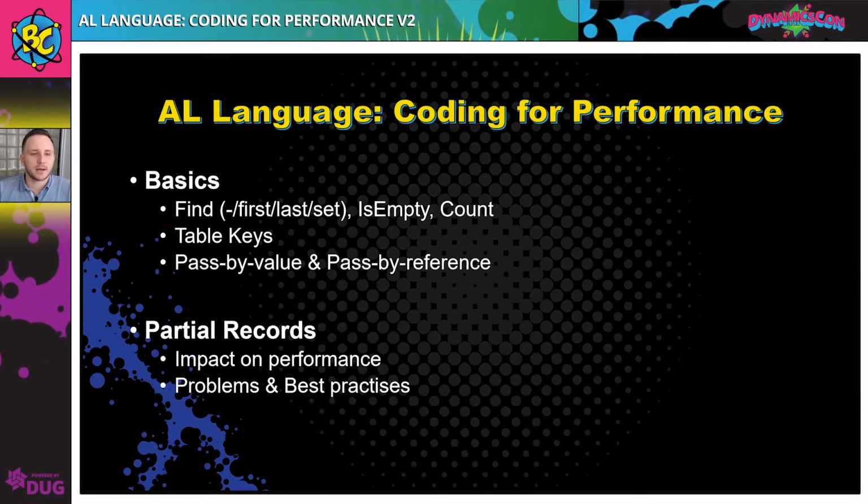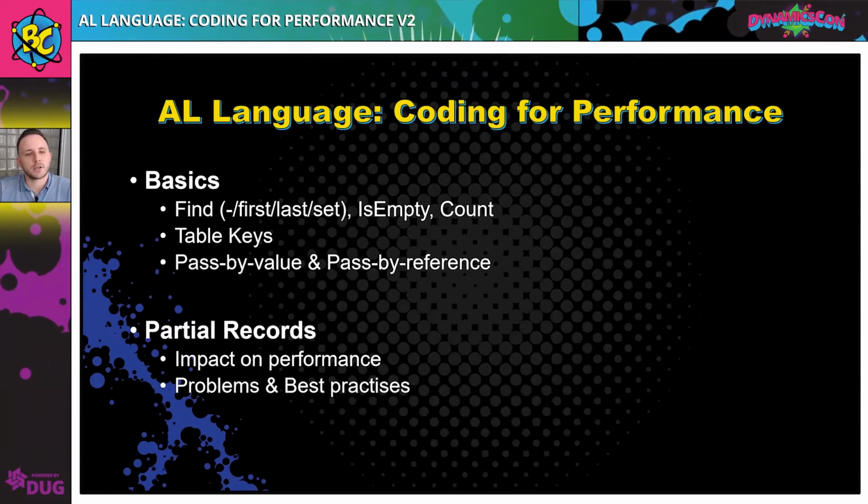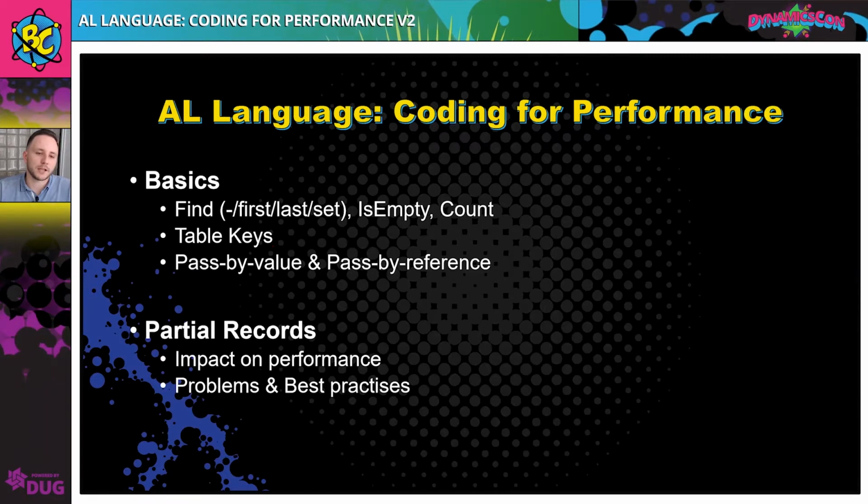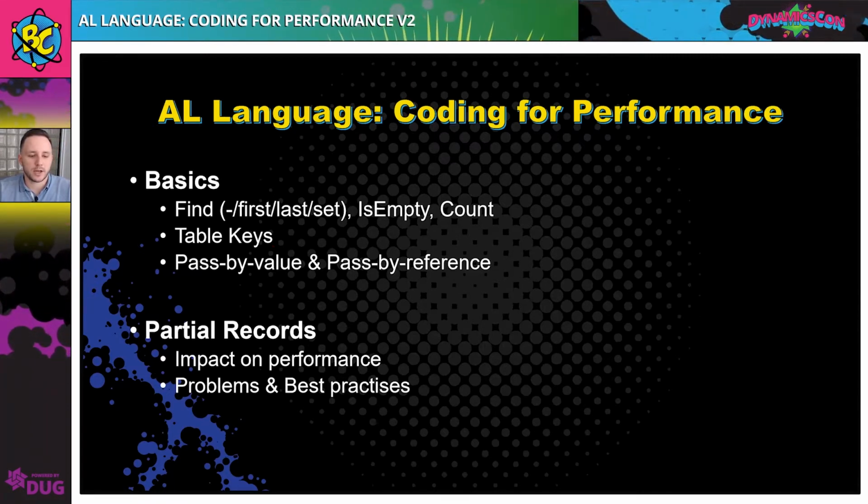So let's start with some basics. At first, we will look at some find methods, for example, first, last, and set, and how they are linked to partial records. Then we will look at table keys, especially how they can change the performance of partial records in the current version of Business Central,